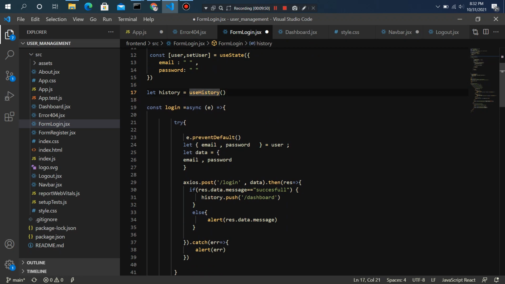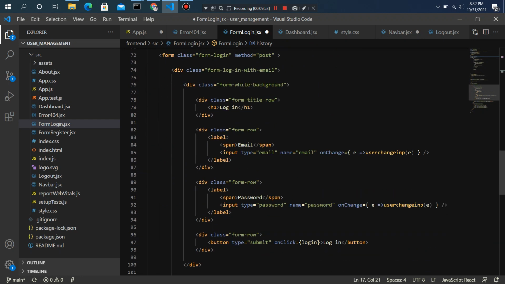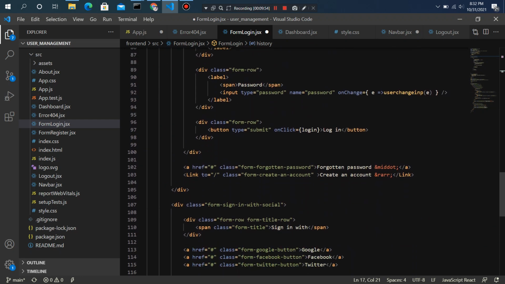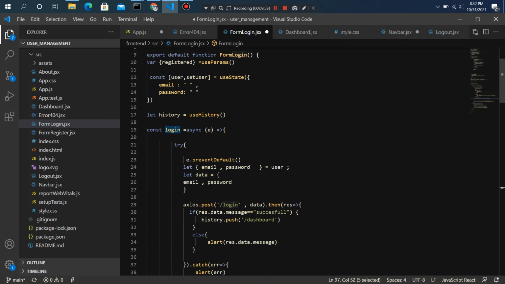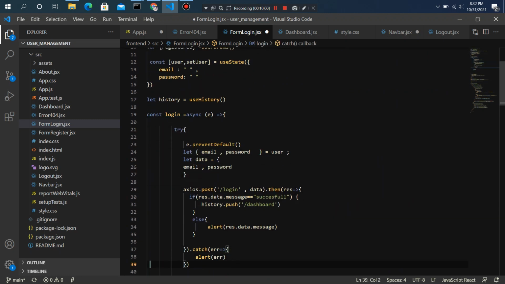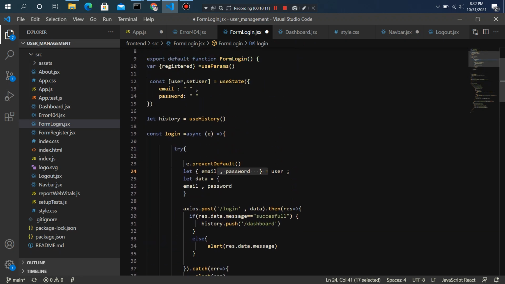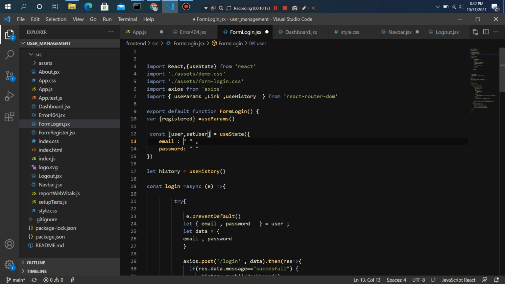So here you can see on click, a login function will be called, and as soon as our login function is called, we are also preventing the form from reloading, and using object destructuring on the user object which has been declared in useState, as you can see here, email and password only.